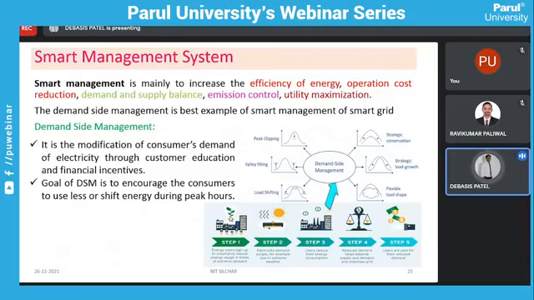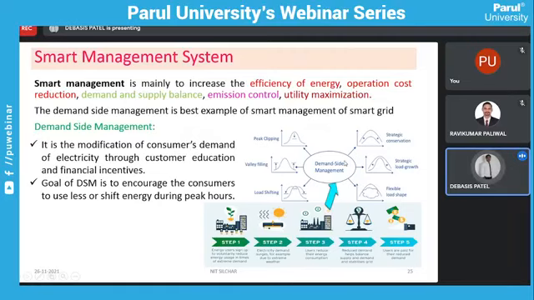Now we will cover this first part, the communication part. Whenever we are going for communication and information technology, where you process or make decisions, the main important work of your smart grid is what? One example I'm giving is the smart management system. How can we manage the system? See here, in the smart management system, the example is demand side management.